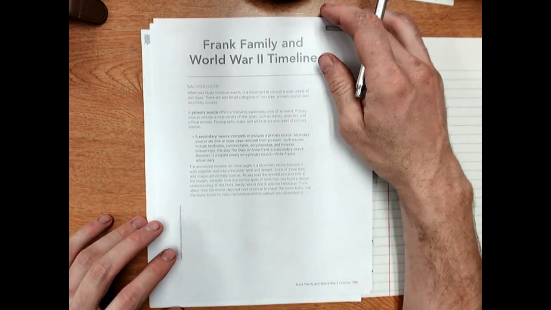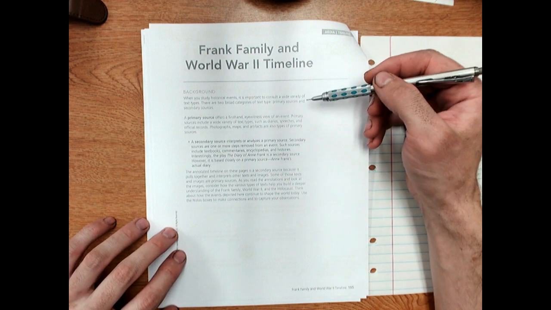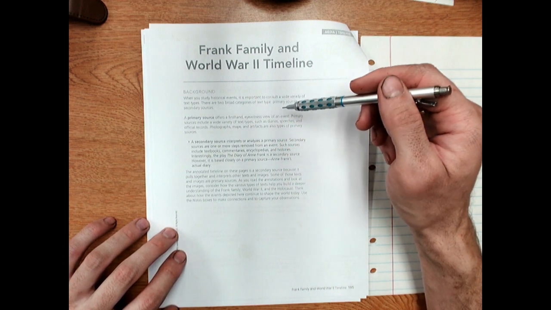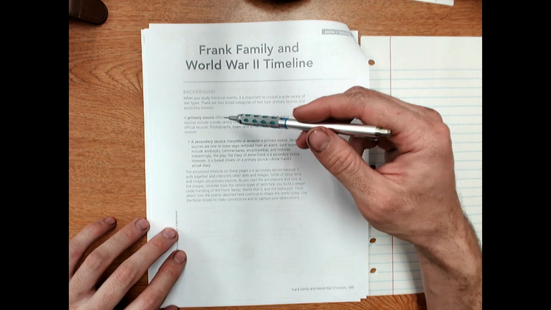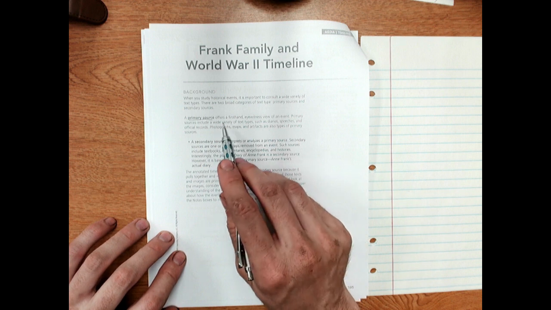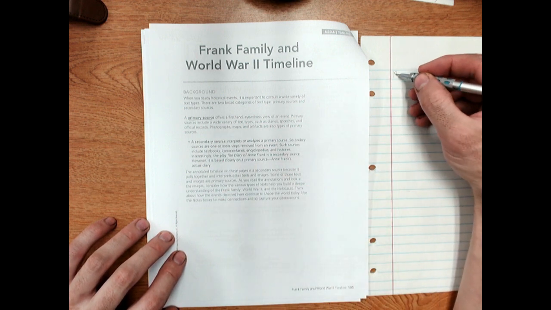Frank family and World War II timeline. Background. When you study historical events, it is important to consult a wide variety of text types. There are two broad categories of text types, primary sources and secondary sources. A primary source offers a first-hand or eyewitness view of events. So, a primary source